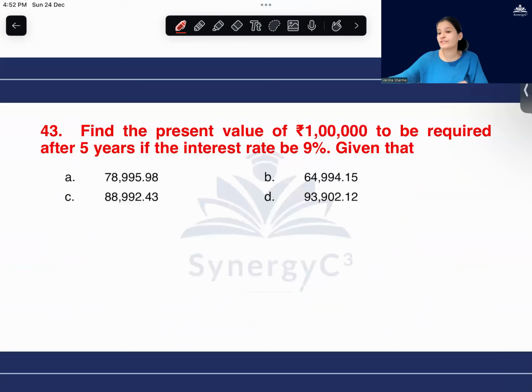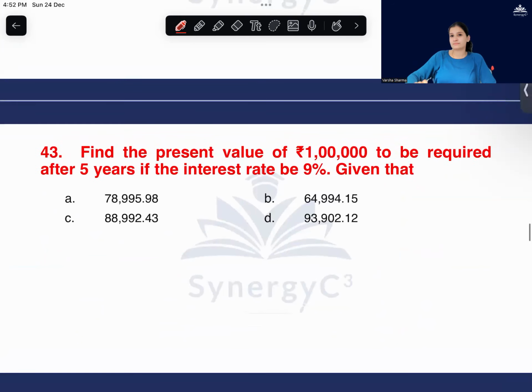Try. I have never given you the values, have I? Every year the questions had the values given, but since you have to use your calculators, use them. I'm not going to provide you with the values.